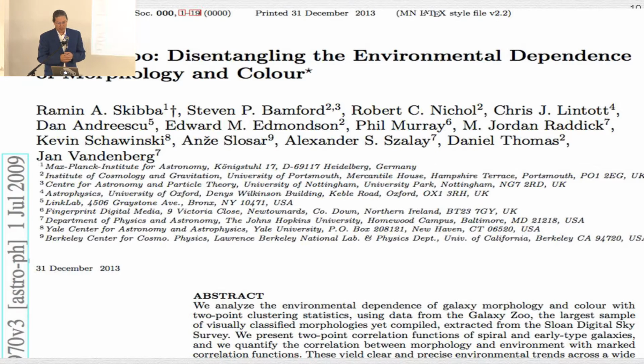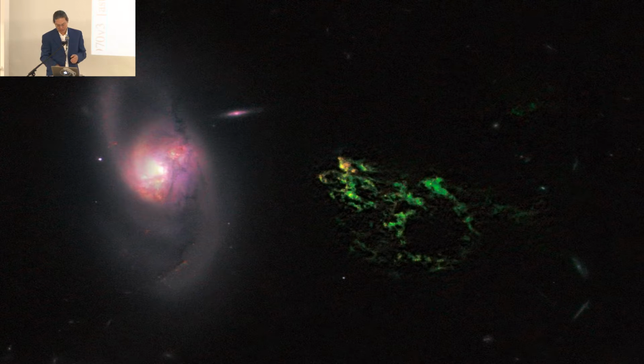And these data, again, have been very useful. There's a number of publications that draw on Galaxy Zoo data and some of the successors to that. But one of the interesting side effects of having humans look at all these images is that they occasionally spot unexpected things. And I'm not quite sure if you can see it in this image. It's a little bit dark. But we have a galaxy here on your left. And you can see this green blob, which is attacking it.